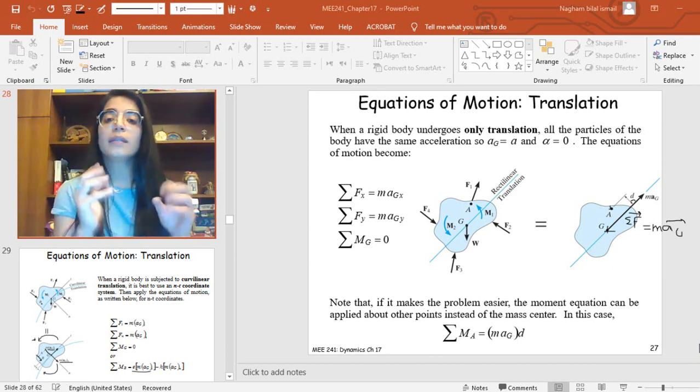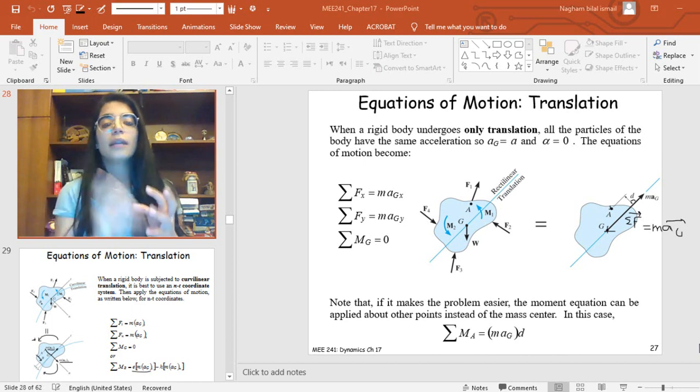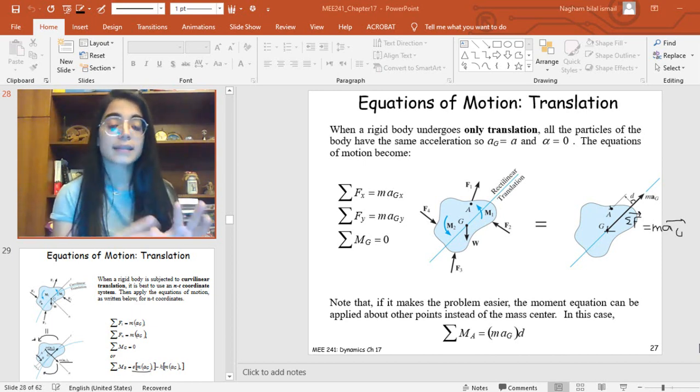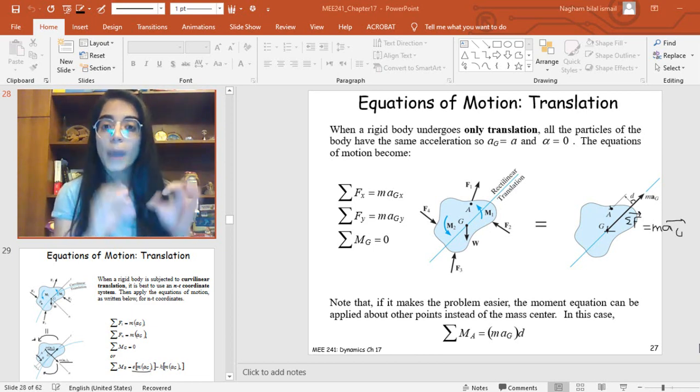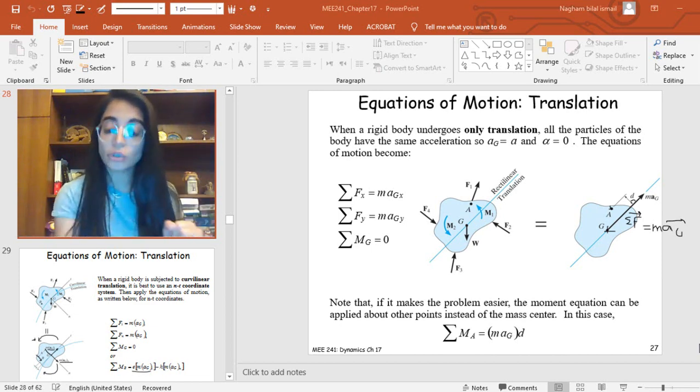And we talked about the translation and the equations of motion in translation for a rigid body, and we said that in this case we have three equations: sum of Fx equals m a_Gx, sum of Fy equals m a_Gy, and the sum of moments around the center of mass is equal to 0 in translation because there is no rotation. Or we can take the sum of moments around a point A by computing the sum of moments of